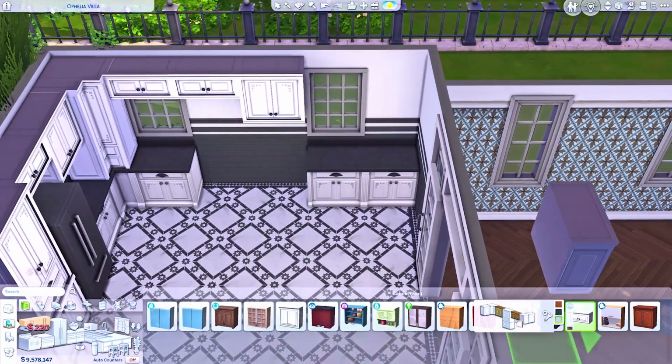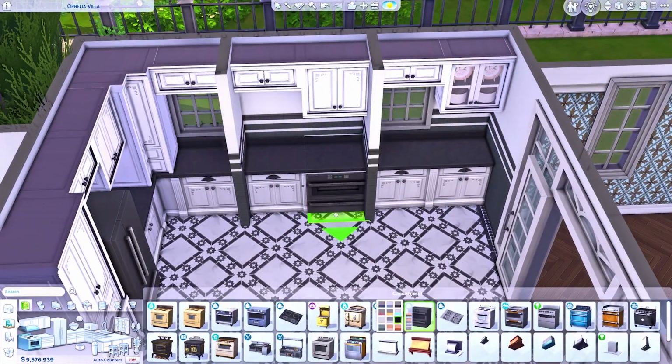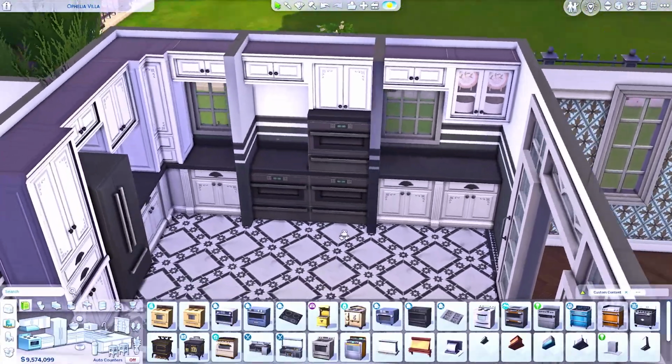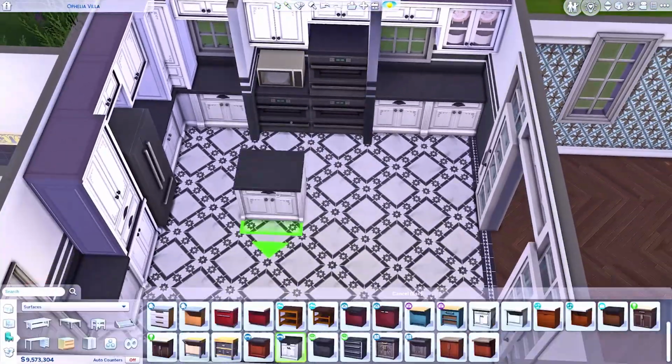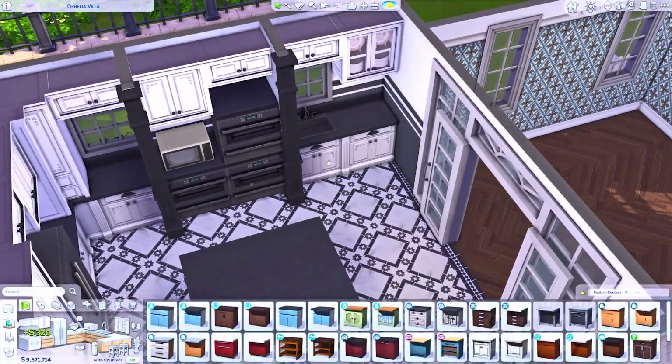But now, as you can see, I've moved on into the inside of the house, and I started off by doing the little entrance hallway, but now you can see that I've moved over and I've started furnishing the quite big kitchen. So in here I decided to use this flooring which is from the Courtyard Oasis kit,